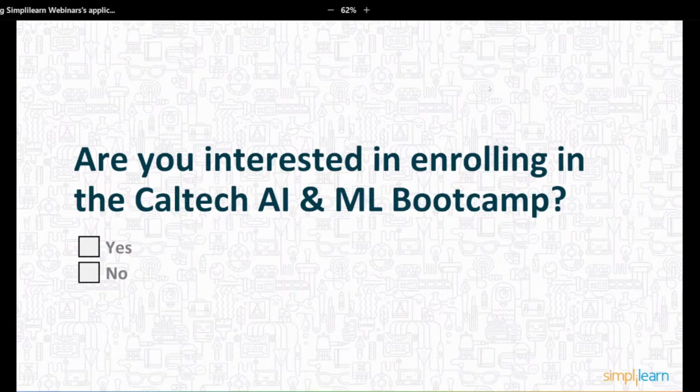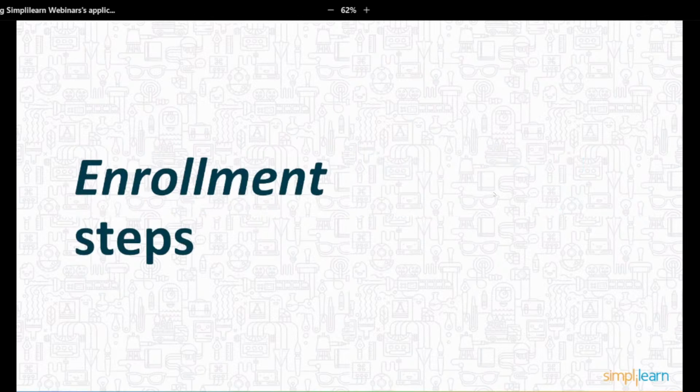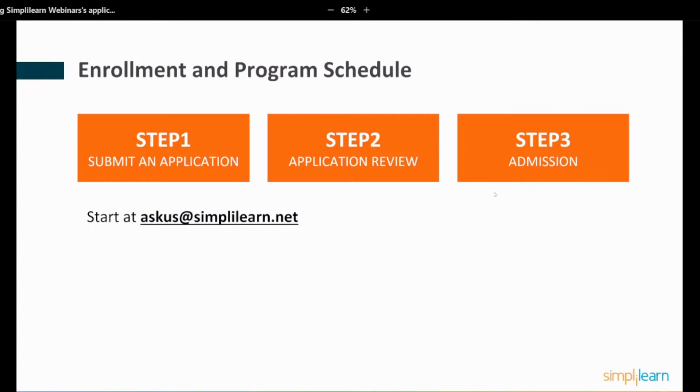So I'm going to share with you the actual process of enrollment. The steps are very straightforward. You basically submit an application through askus@simplilearn.net. So right after this webinar, if you send an email to askus@simplilearn.net, you'll be able to get instructions on what to submit for your application.